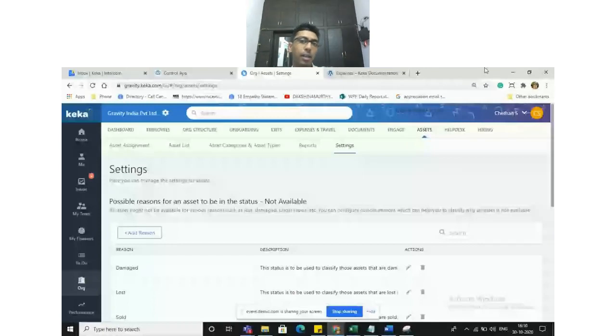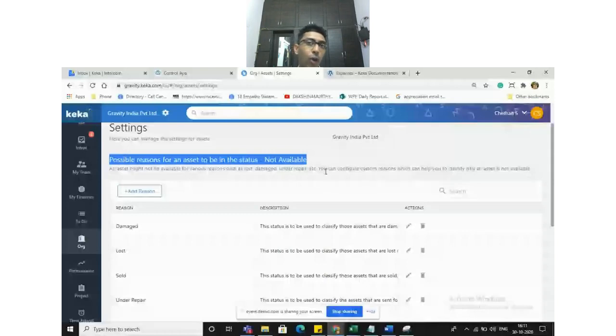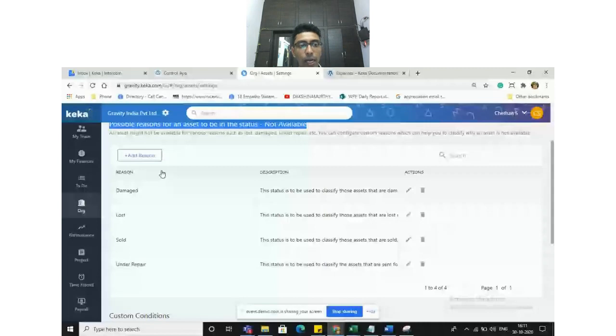These settings are for defining the statuses of the assets and the conditions of the assets. If you see, we have possible reasons for an asset to be in the status of not available. We have assets in the organization, but these will be useful only if they are in good condition. The reasons why an asset is not available, though it has been defined, but it cannot be used, are being shown over here.